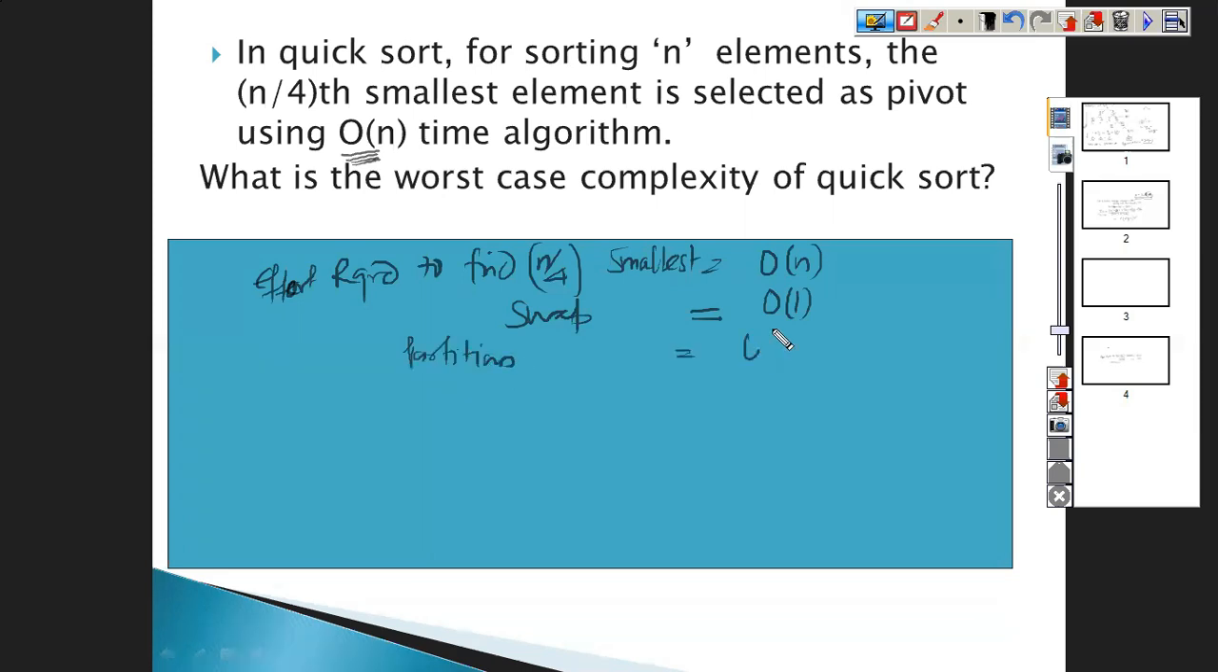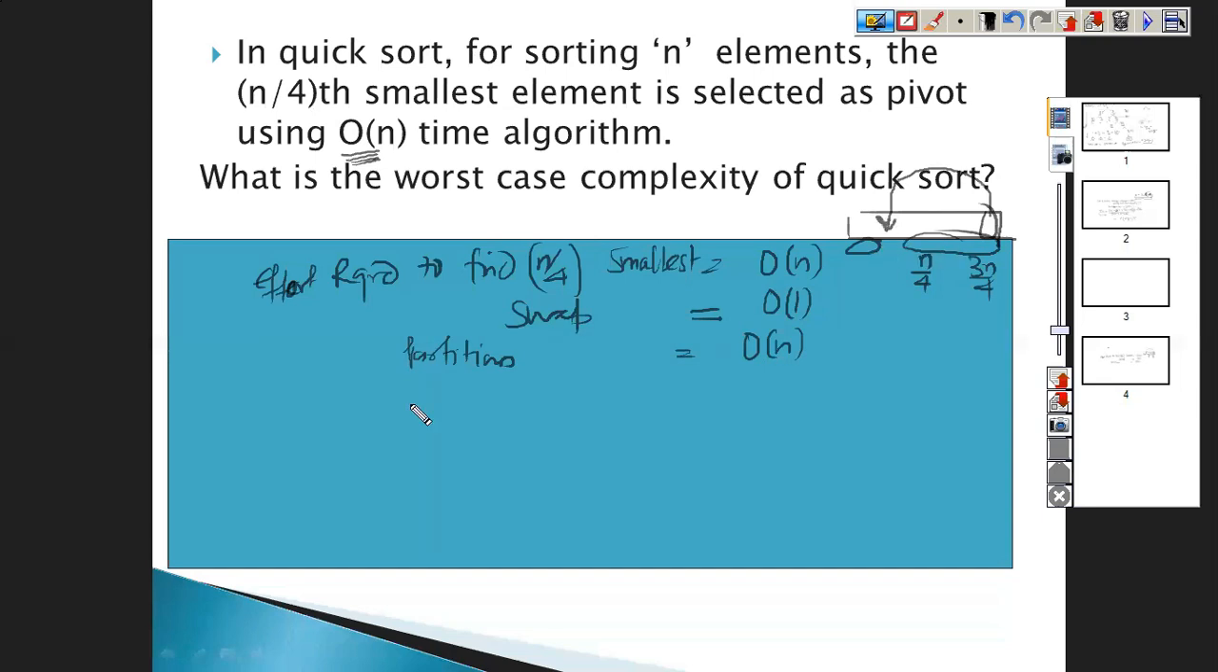So partition effort is big O of n. What is happening when this is your array? When you do the partition, you are able to divide your array into this form. One side is n by 4, the other side is 3n by 4. This will happen when you apply the partition, because this pivot element is the n by 4-th smallest. So when you bring this element to the correct position, it will make this kind of